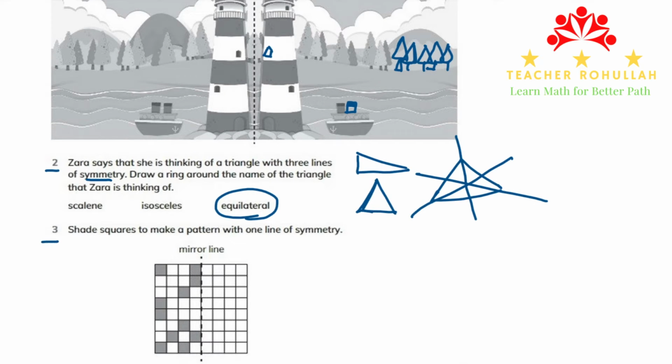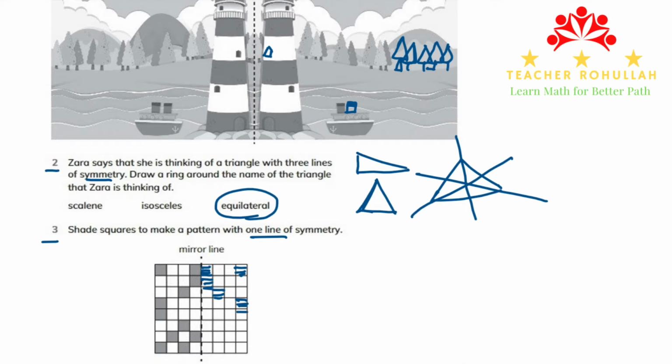In question number 3, it says, shade the squares to make a pattern with 1 line of symmetry. With 1 line of symmetry. So the line of symmetry, we can choose this mirror line, and we have to color this side in a way that only 1 line of symmetry should be over there. So to do so, we color this one, the one here, and the one on the corner here,